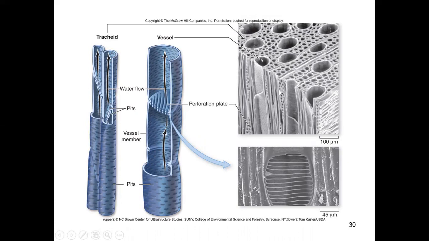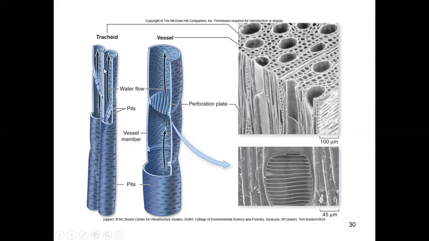So after taking the sections, we prepared this slide for the compound microscope, but this microscope is not available in our research lab. It is available at the university level. After the preparation of the slides, we attach the microscope to the computer, and through this computer we can capture this image. So this is the image here, and if we magnify it again, we can view this structure here.